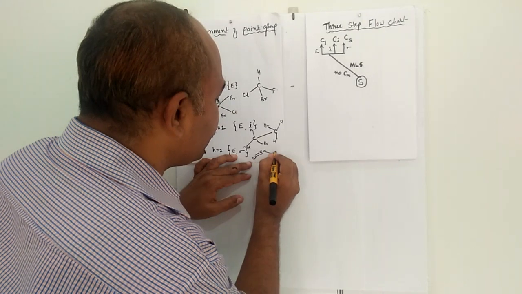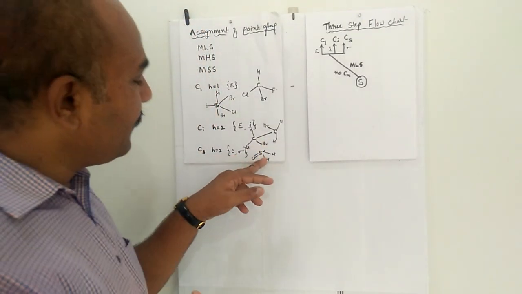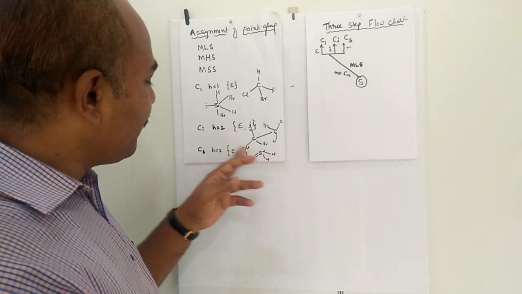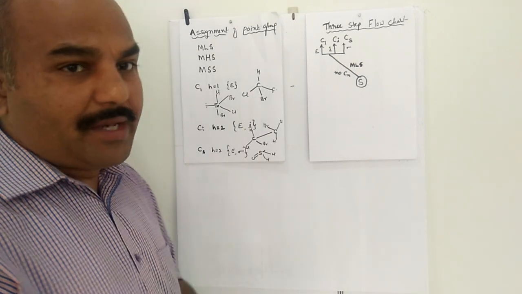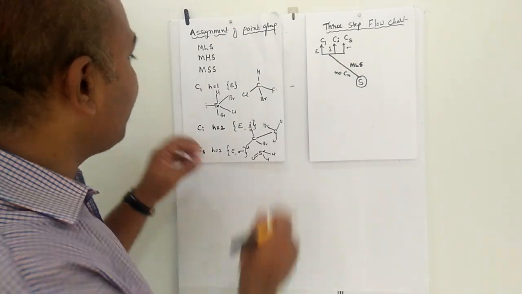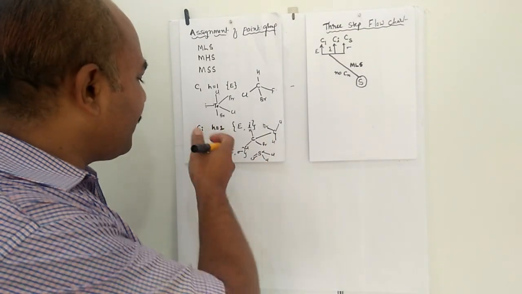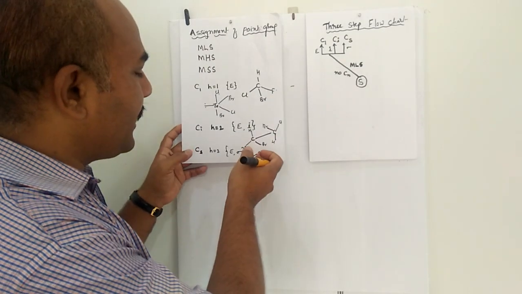SOCl2. So this molecule contains only a plane of symmetry, so yes, it can be assigned as a Cs point group. And benzpyrene, 1,2-benzpyrene, is another example which contains only a plane of symmetry. So yes, that can be assigned as a Cs point group. Like that, you can assign it.